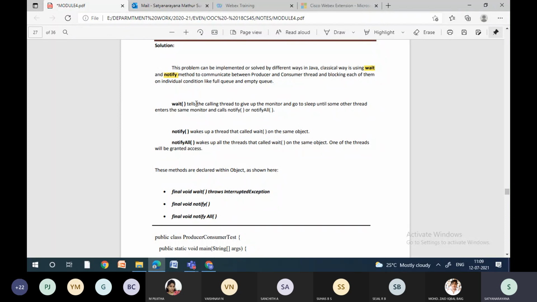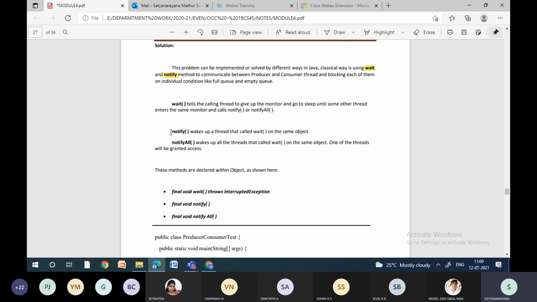What does it mean? In the producer-consumer problem, whenever a consumer is trying to get the object and the object is not available, the consumer has to wait. Up to what time will it wait? Until it gets the notification called notify.